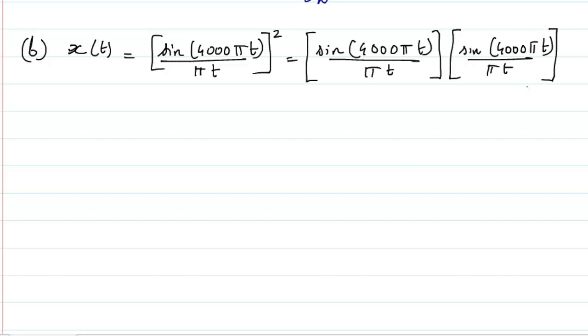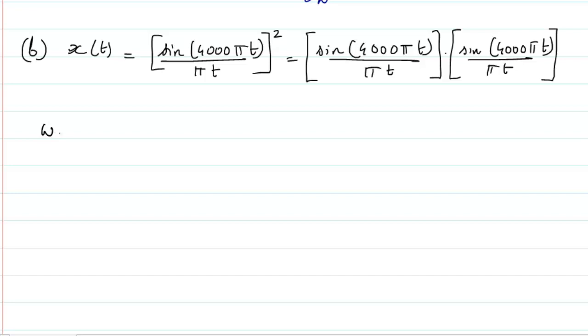Now people may think that, okay, if this is the case, then I will try to find out what is the fm here, I will write it as fm1, and here I will find fm2, and whichever is the largest I will use. But it's not going to work like this because you don't have an addition in between. What you have is multiplication, and whenever two signals are multiplied, their value changes. How? Let us see. If it had been addition, I would have just found out for one case and then found out what is fm. But here we cannot do that.